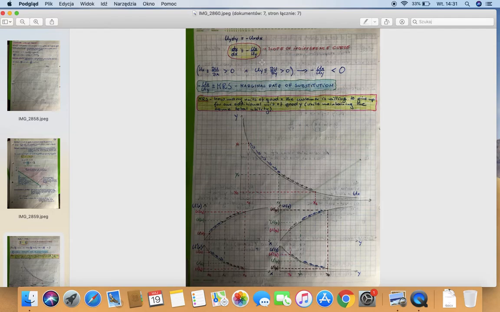This slope of the indifference curve has an extremely important interpretation in economics. Look, first, what do we have inside? Ux here is the derivative of u with respect to the quantity of x consumed. It will definitely be positive. The more x you consume, the happier you get. And the same goes for Uy. Uy is a partial derivative of u with respect to the quantity of y, and it's also positive because the more of y you consume, the happier you get. But as you see over here,